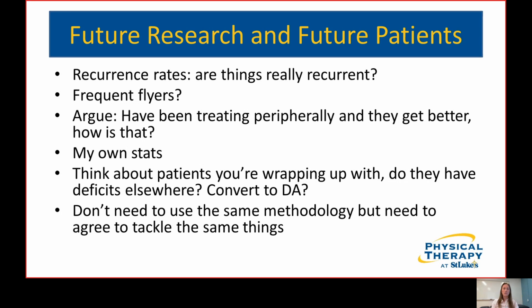We hammered him with long arc quads, short arc quads, got him on the new step, doing sit to stands and squats, all the things we do. Okay, great. He got better. Treated him for like a month last year. Took a couple weeks and he felt like $1 million. Great. So why did he get better when I treated his knee? And then when he came back this year, I evaluated his spine, and lo and behold, there's a spinal component there. Well, what do we know about the natural history of low back pain and radiculopathy?